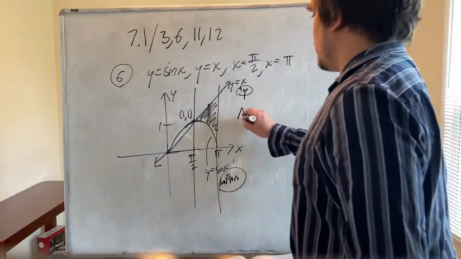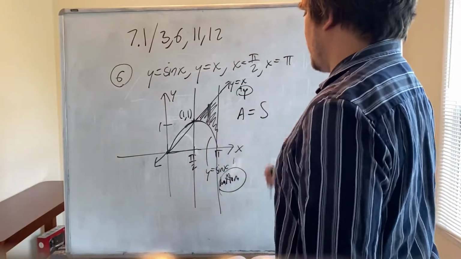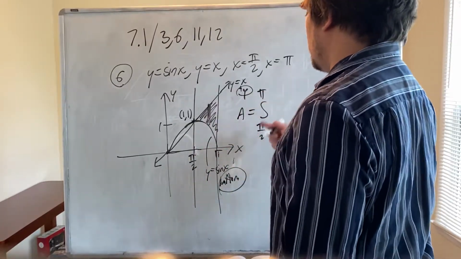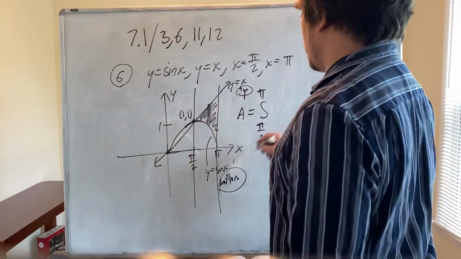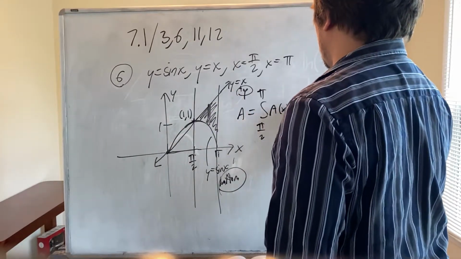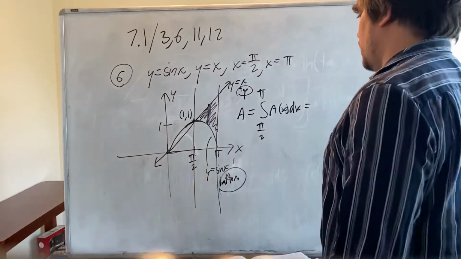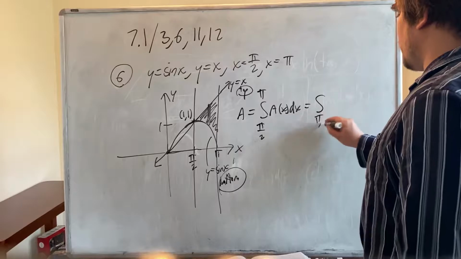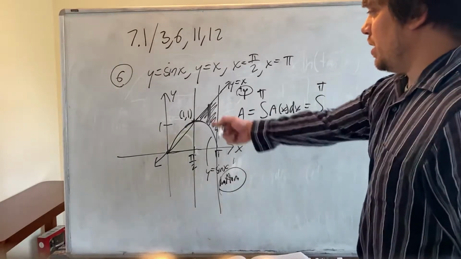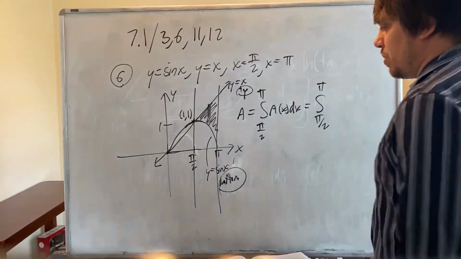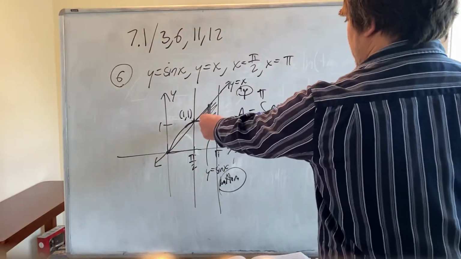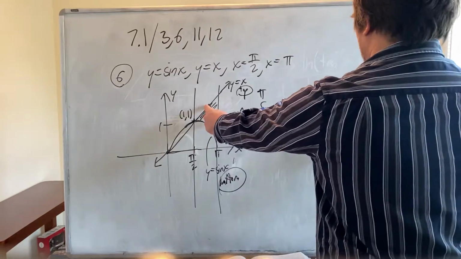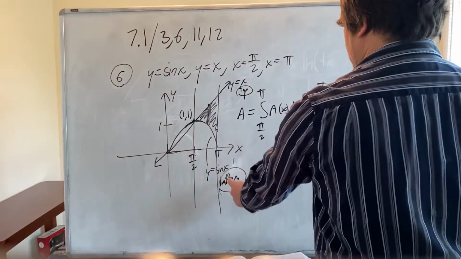So the A here, capital A, the area of that shaded region, is the definite integral from the leftmost x value pi over 2 to the rightmost x value pi of the vertical cut A of x dx, the area of the vertical cross section A of x. Okay, so this is the definition from pi over 2 to pi, and that area is now going to be the height, the difference, the top function minus the bottom function. That's x minus sine x